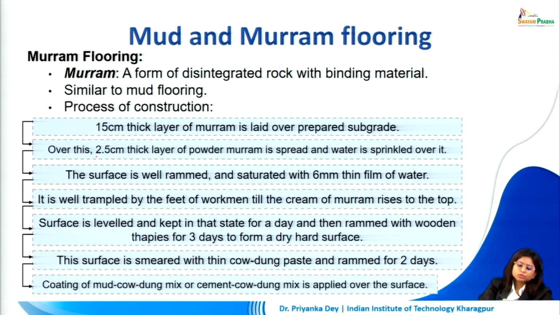Over this, a 2.5 centimeter thick layer of powdered muram is spread and then water is sprinkled over it. The surface is well rammed and saturated with a 6 mm thin film of water. Now after this, we will trample this entire thing with the help of feet. The workmen are going to stamp it around and we continue this process until the cream of muram rises to